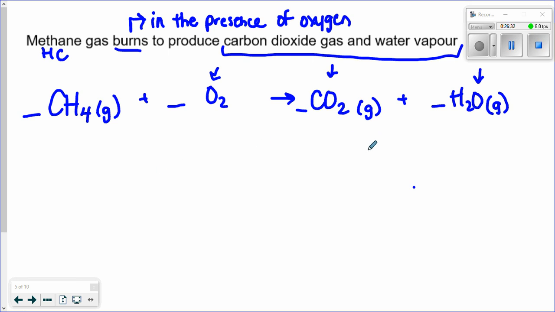So our reaction type, this is a hydrocarbon combustion. And again, some of those key features is oxygen plus a hydrocarbon produces carbon dioxide and water. So balancing,